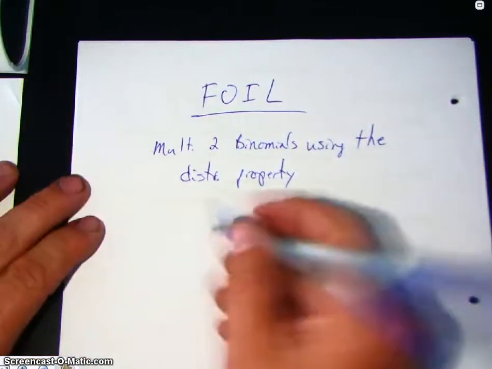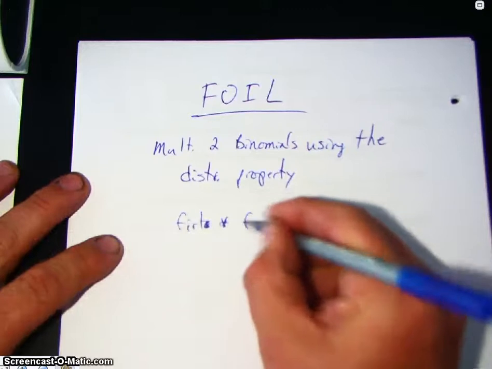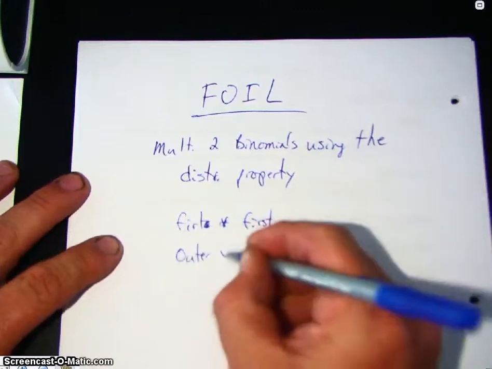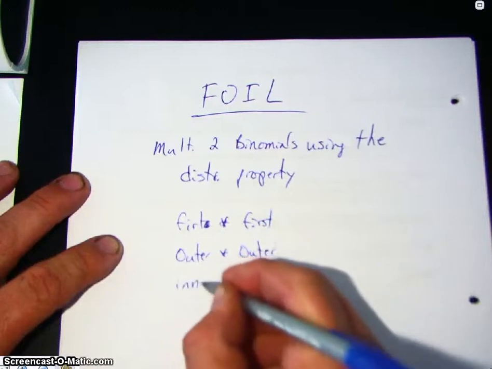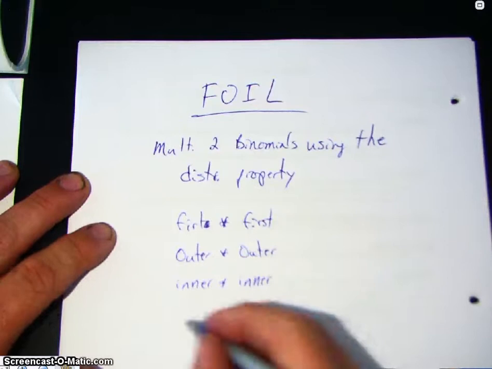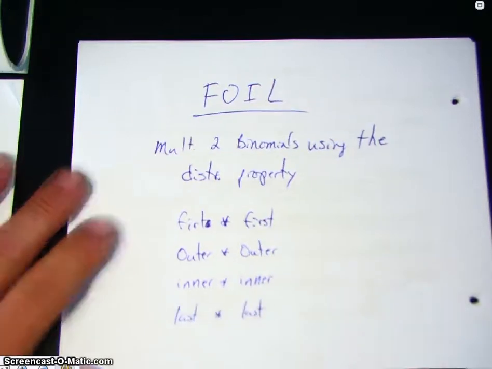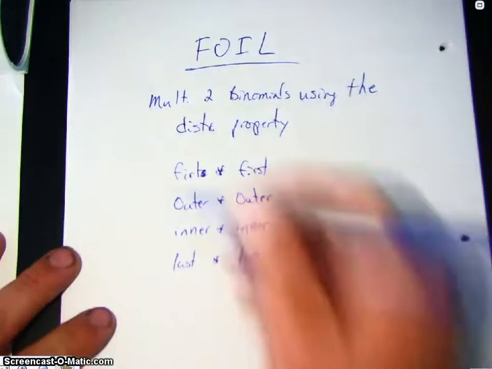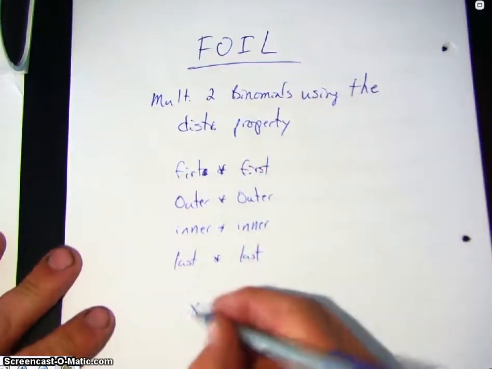F stands for first times the first, outer times the outer, inner times the inner, and last times the last. Right? First, outside, inside, last. First, outside, inside, last. Okay, so for example,